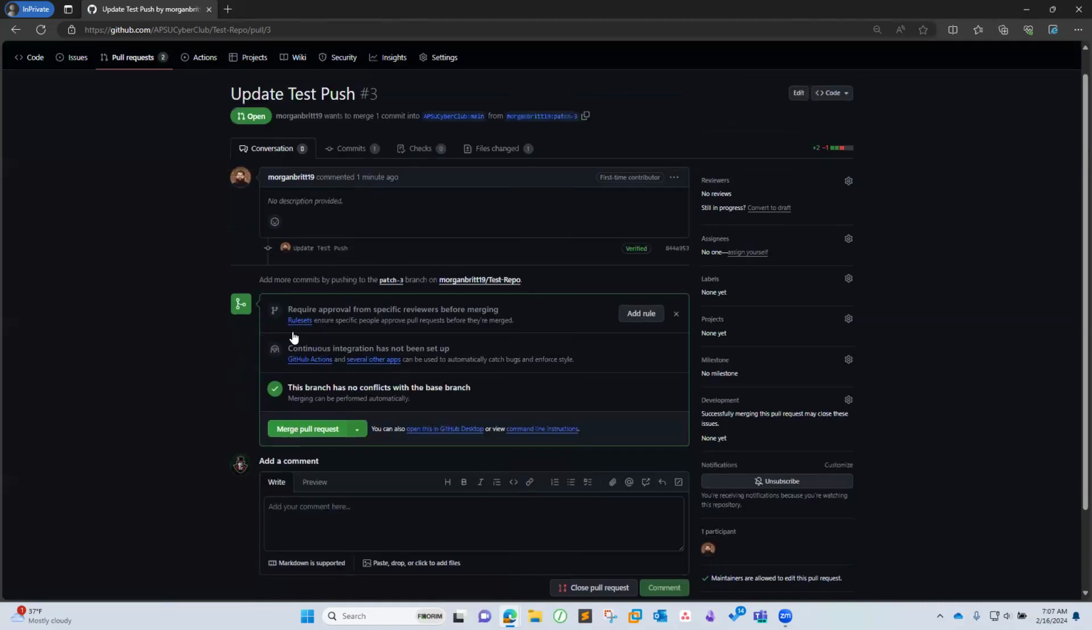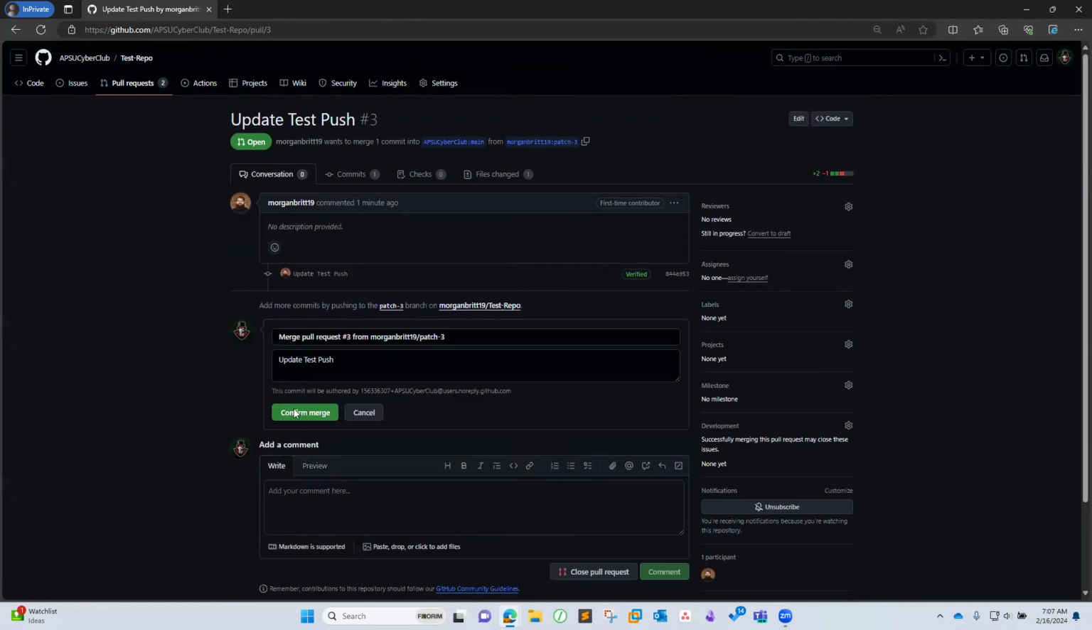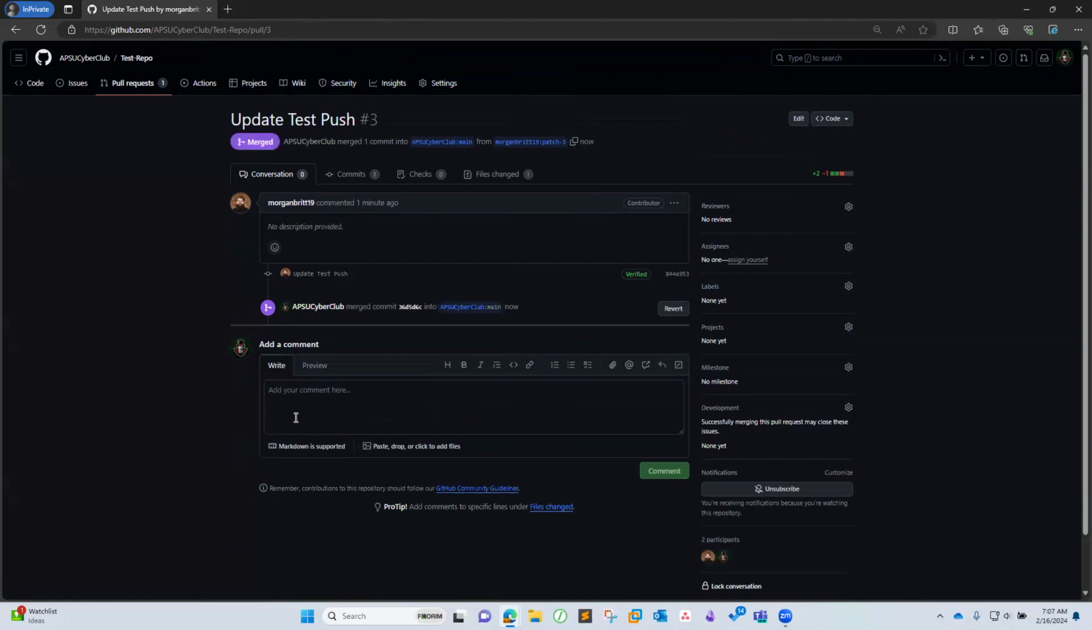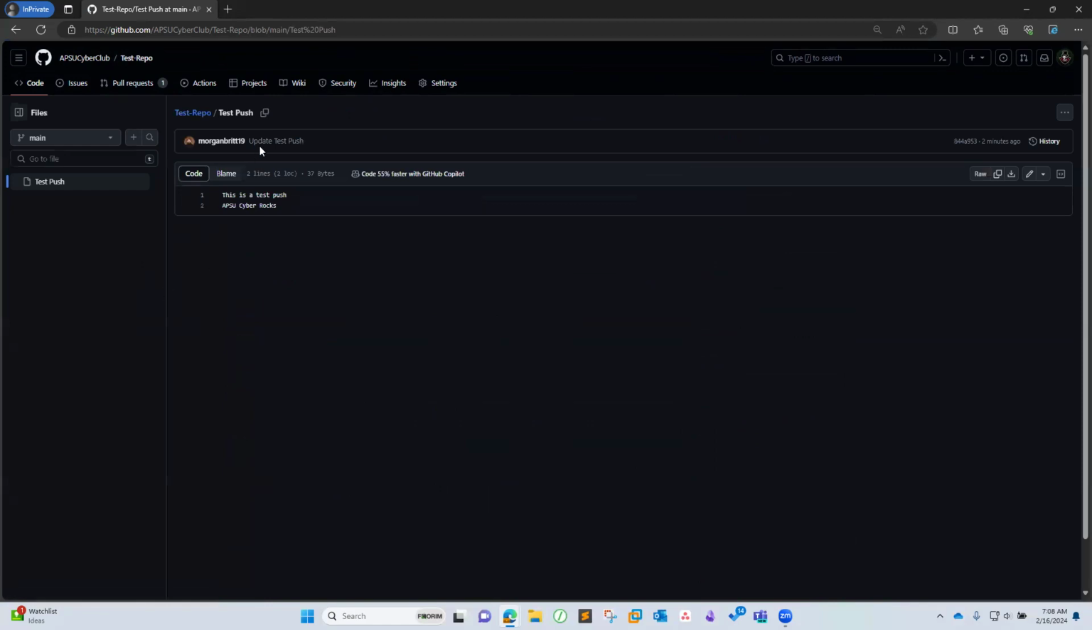So, as the APSU Cyber Club user, I will merge the pull request, and I will confirm the merge, which means I took the changes in the forked repository on the Morgan Britt user, and I pulled it into the main branch. And now, if we go over here to the test repository and take a look at the test push file, we can see that my user updated this file, and it is now a part of the